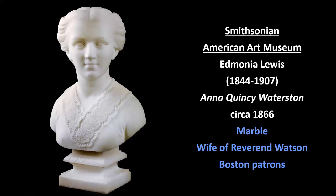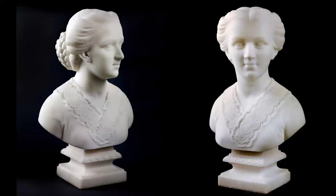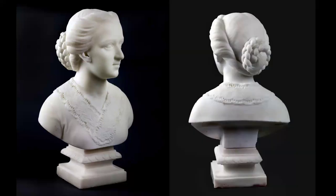Anna Quincy Waterston was the wife of a famous Reverend Watson of Boston, and they were early patrons of hers. When she made this, she was only 22 years old. She had been classically trained as a sculptor in art school. And look at the incredible details on this as a 22-year-old artist working in marble. And then here's a slightly profile view, and then the full frontal view. And again, really incredible details on these sculptures. And in the back view,